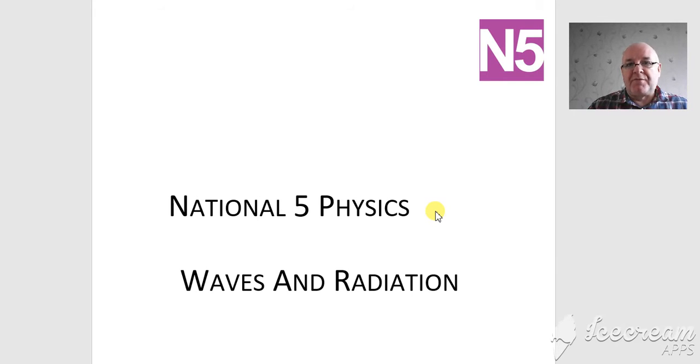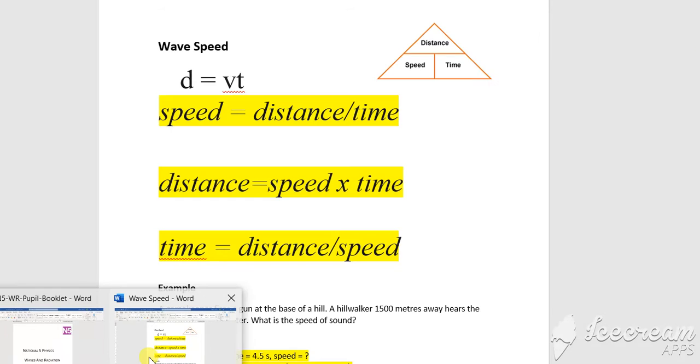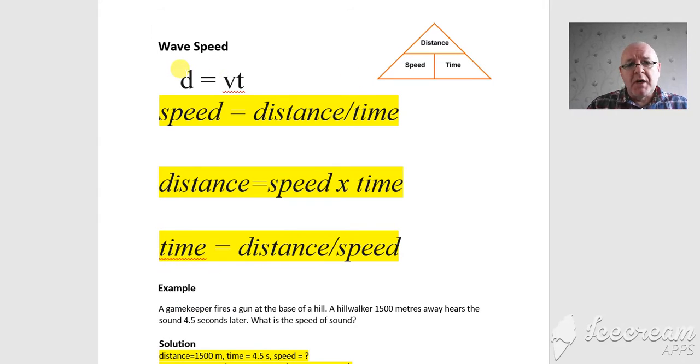I've posted up a few videos on this one, and what we're going to do is to go through the wave speed section. Now, the book talks about wave speed in 2 different ways. The first way is as you would normally talk about speed, which is speed is distance over time, and I've put that there. This is how we define speed when we were doing the dynamics in space, and this is still true. Wave speed is still always distance over time, and this triangle is always true.